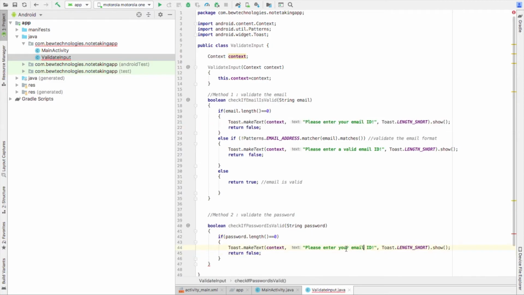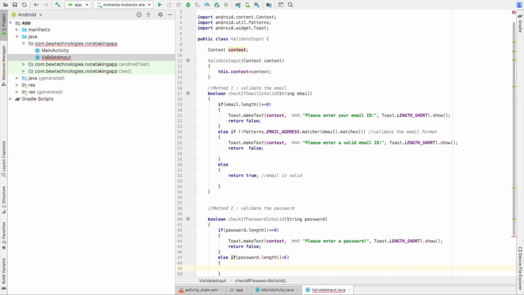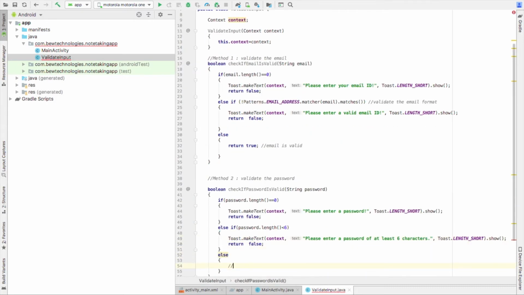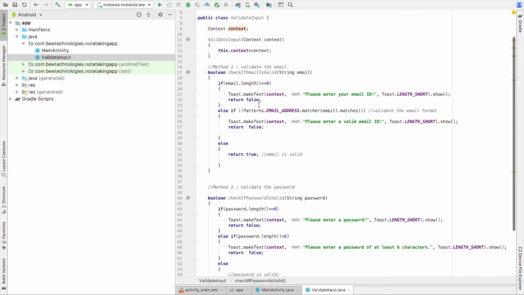We'll just change this. Password dot length is less than 6. We need a password of at least 6 character. So we'll write else. What do we need? These are the methods which will help us in checking if email is valid and password is valid.